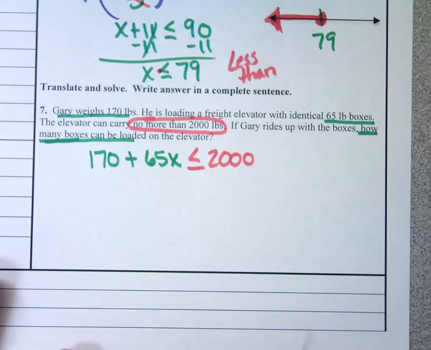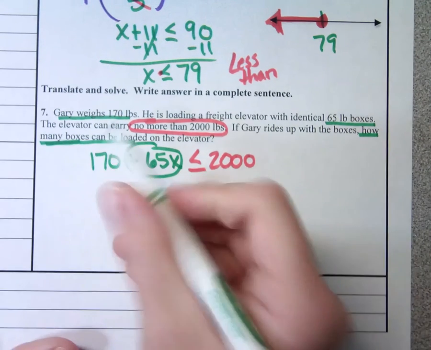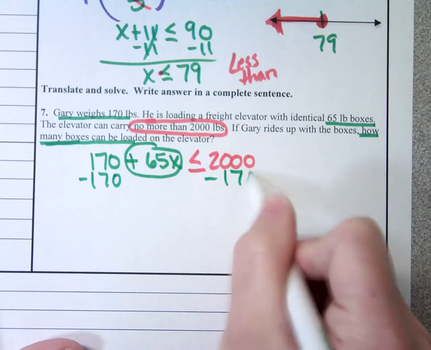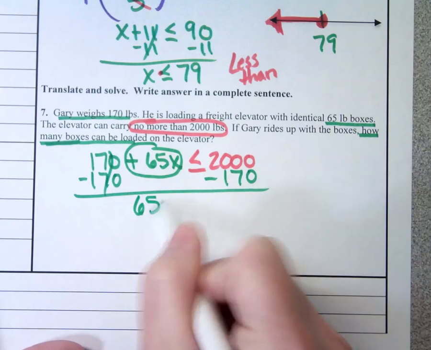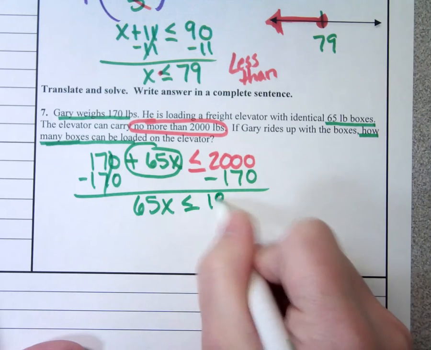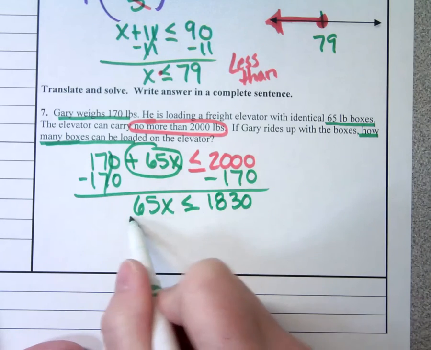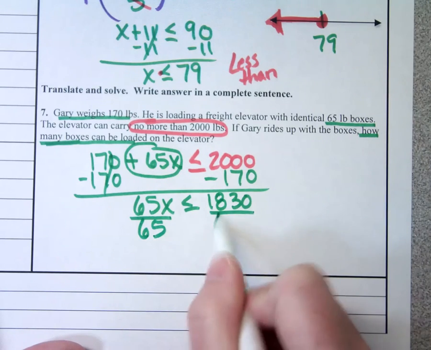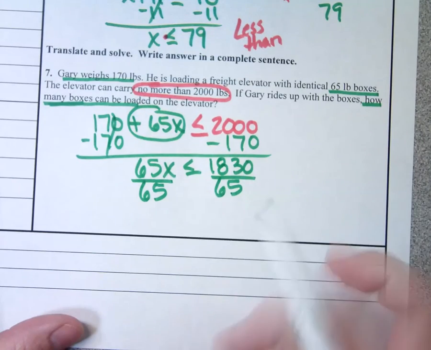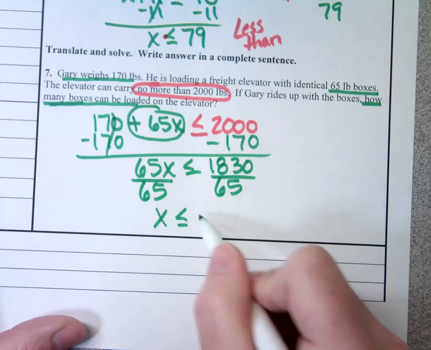Okay. I'm going to circle everything smushed with my X. Whatever's outside the circle, I'm going to add or subtract. So I'm going to get rid of my 170 by subtracting it on both sides. The 65X is going to drop. The symbol is going to drop. And then I want to take 2,000 minus 170, and that makes 1,830. And then I get rid of multiplication by dividing. So I'm going to divide both sides by 65. Since I'm dividing by a positive number, my sign does not flip. It just stays the same. And when I divide that, I get